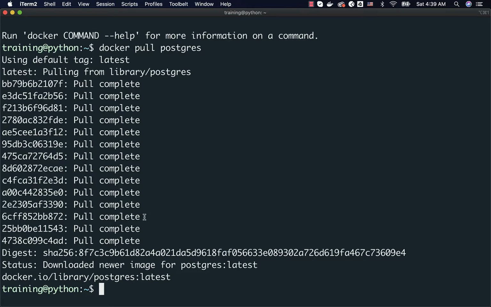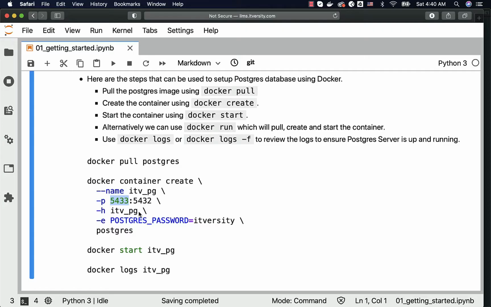You will understand once I set up and once I try to access it at a later point in time. Then you can specify -h and then give the host name. So this will be the host name of the container. Docker container is nothing but a lightweight machine on the host. It will be having memory, CPU and all those things along with the operating system. We can customize the name of the machine by using -h.